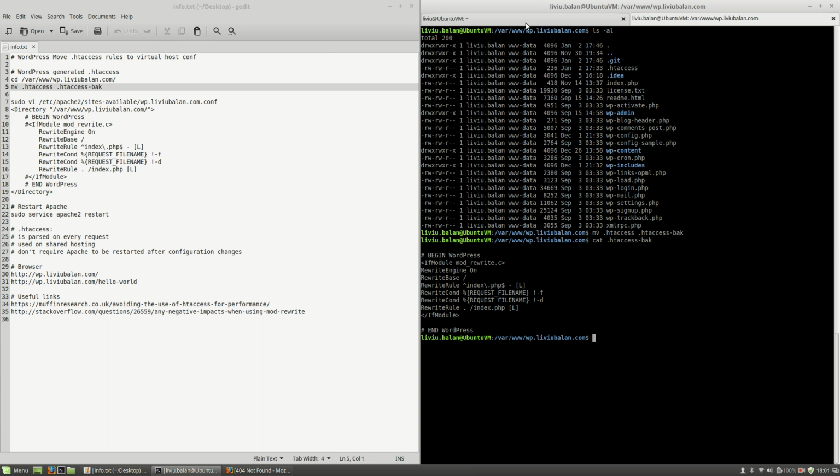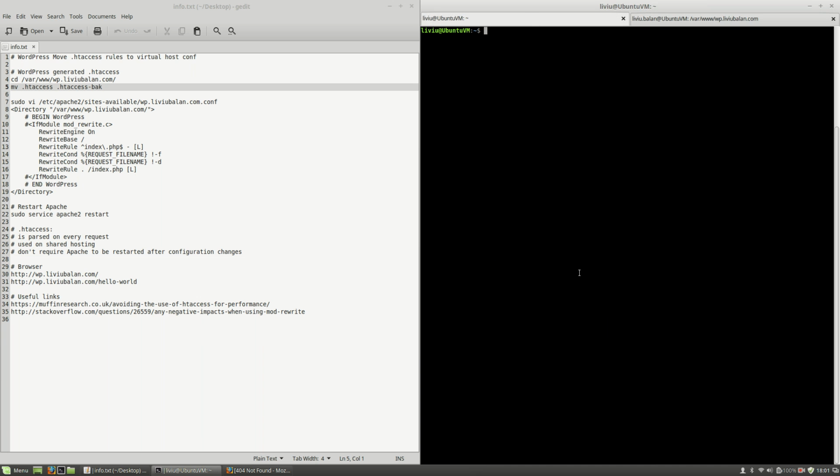conf file. In order to do this, I will switch to another tab where I'm connected with another user with sudo rights, and here I will edit the wp.liviubălan.conf Apache virtual host conf file. Hit the enter key, enter the sudo password,